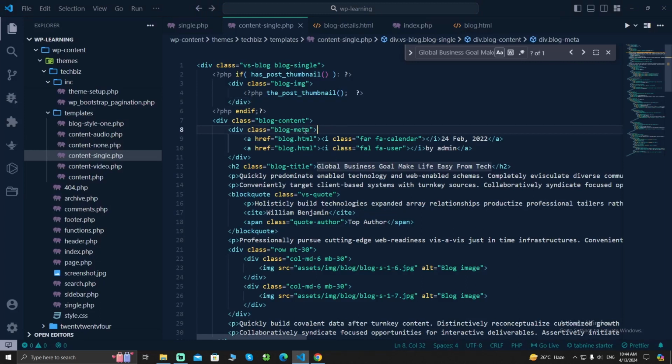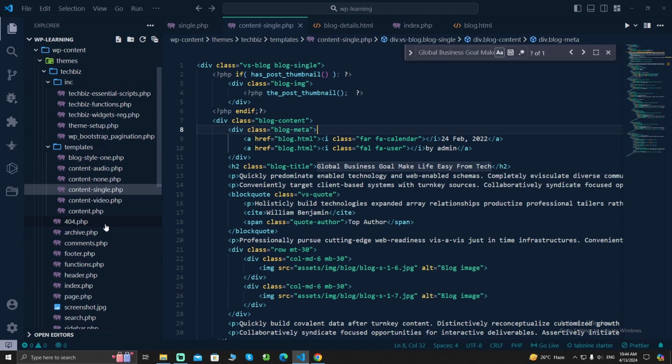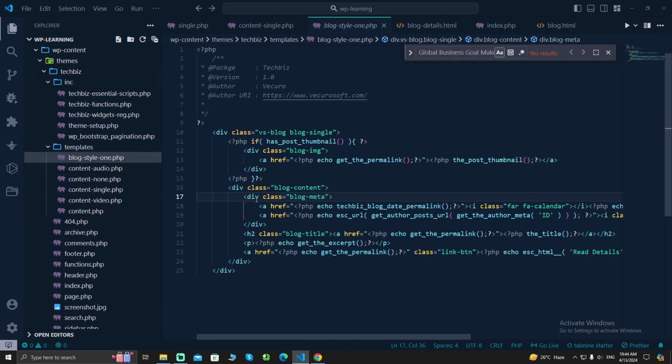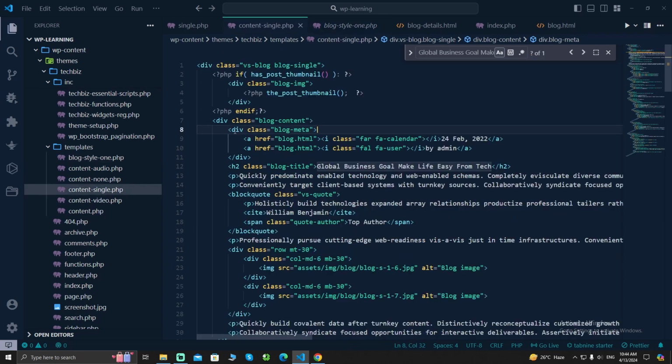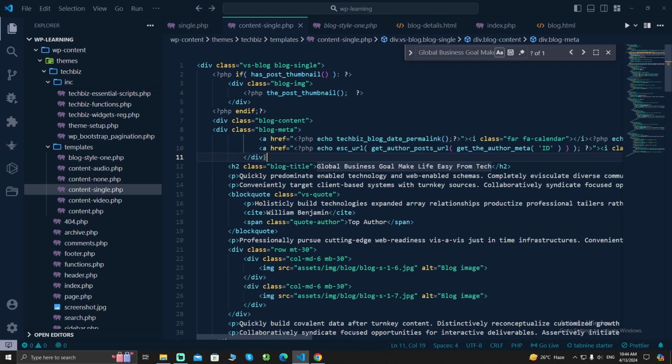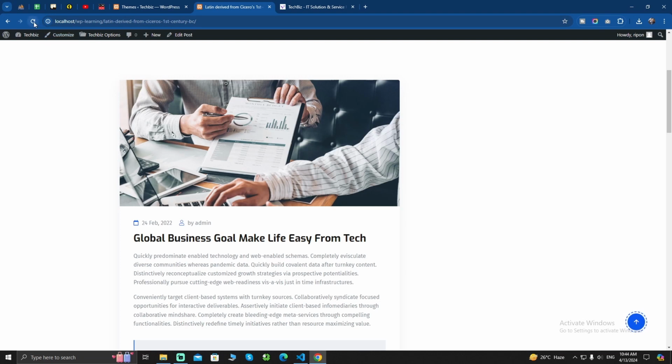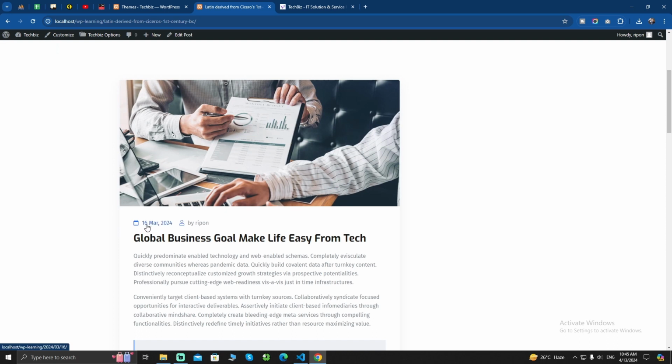So you will see here the blog meta. You remember that I have done that in our blog style one page. So I will just copy this blog meta from here and paste it here. And if I give a refresh now, you can see the date, by admin, and the date 2022. If I give a refresh, then you can see it has changed. It's 16 March 2024 and the author is this one. Okay,